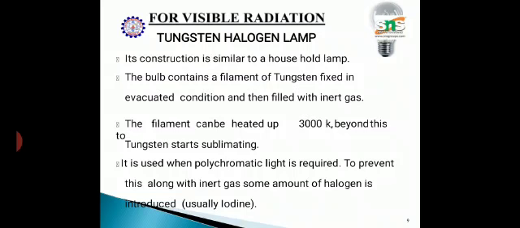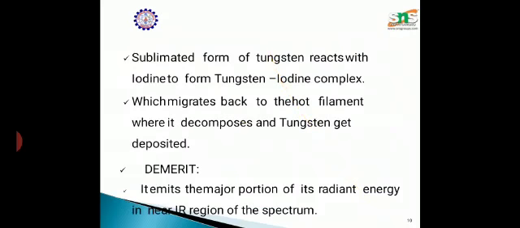The tungsten halogen lamp, like household lamps, can be used. It can heat up to 3000 Kelvin and beyond. So it is a polychromatic light. The demerit is that it emits a major portion of the radiation in the infrared spectrum, but we need mostly the ultraviolet